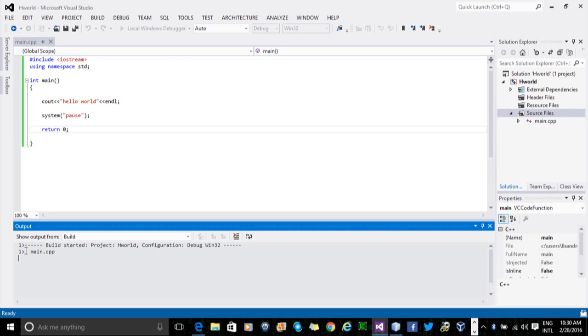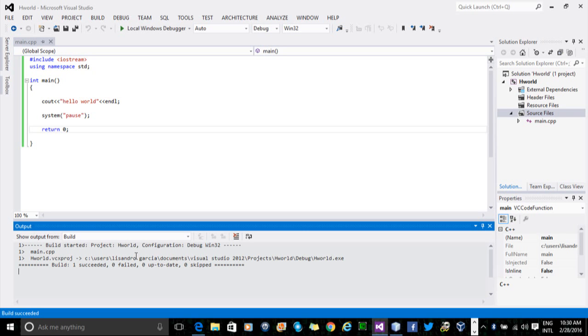So now you see right here main.cpp, Hworld BCX proj, and then it gives you all the details of the file. And if you see here, it says build 1 succeeded,